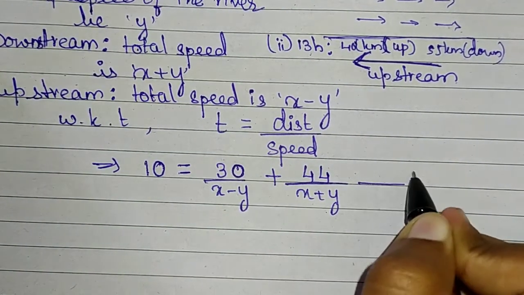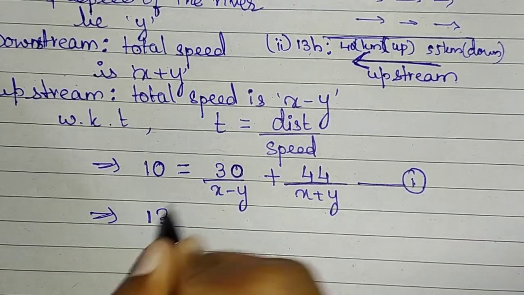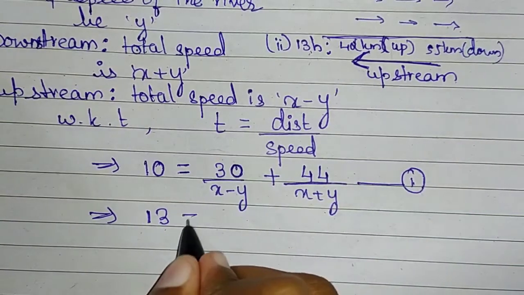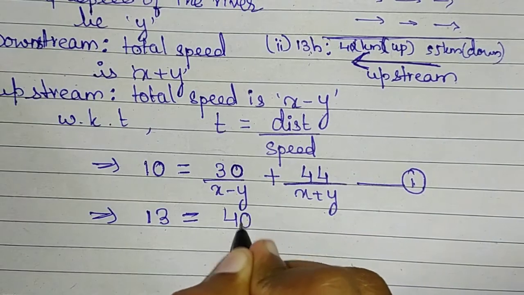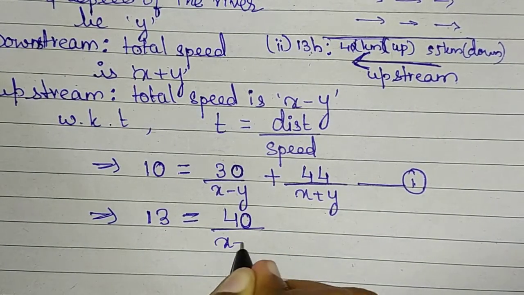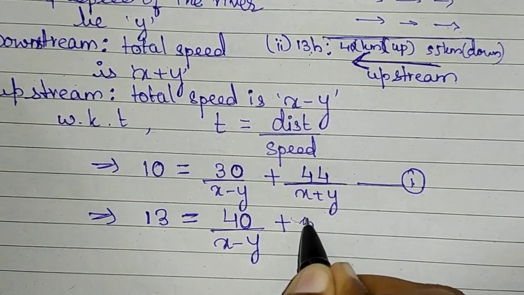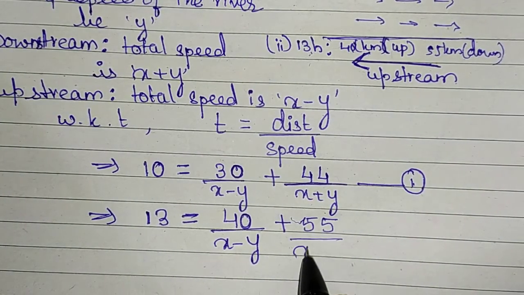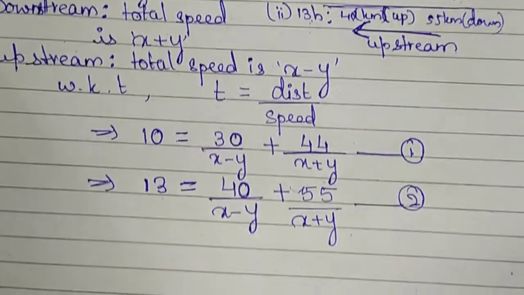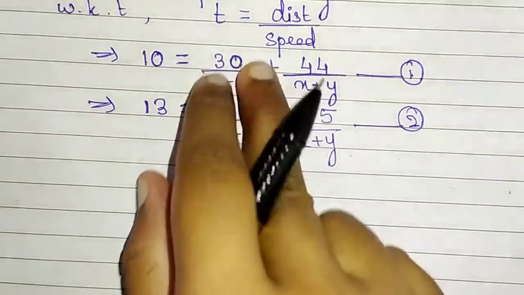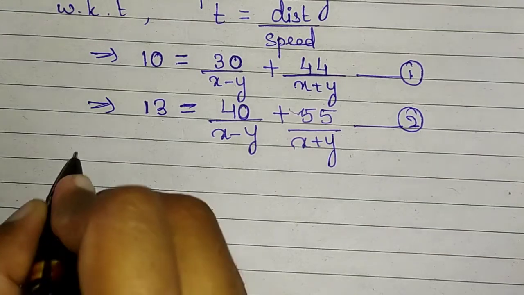This is our very first equation. Following the same arguments, in 13 hours, that is the second time, the boat went 40 kilometers upstream, where the speed is x minus y, plus 55 kilometers downstream, where the speed is x plus y. This is our second equation. You can observe that these equations can be reduced to a pair of linear equations in two variables. So put